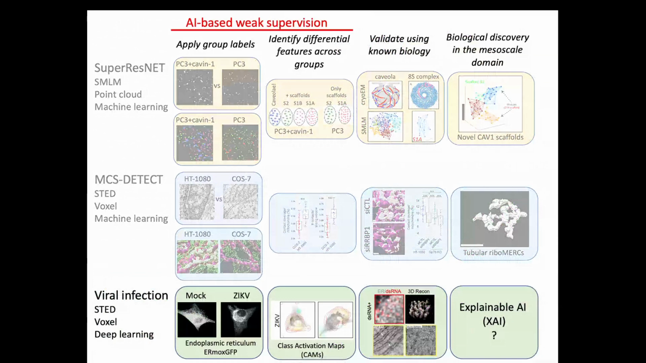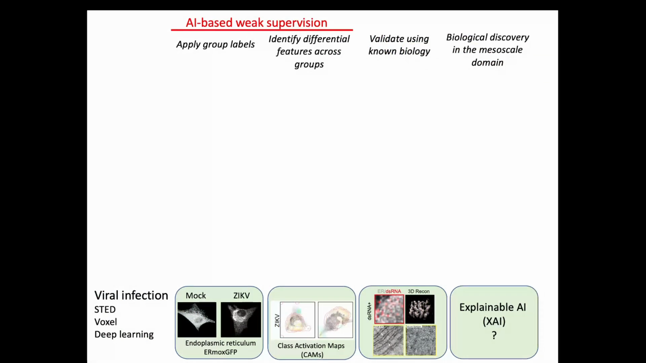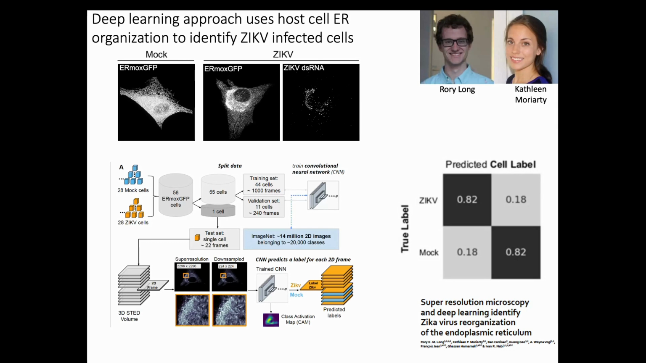Finally, I'm going to talk a little bit about deep learning and our application of deep learning to virus-infected cells. This was done a few years ago before the COVID-19 pandemic, and so we were focusing on Zika virus. And I'll just talk to you a little bit about how we use deep learning and host cell ER organization to identify Zika virus-infected cells. Here we're using an ER-mCherry GFP reporter to label the ER. And as you can see here, when we infect a cell, we see a crescent-like concentration of the ER around the nucleus, where we find lots of double-stranded RNA, that's viral double-stranded RNA,